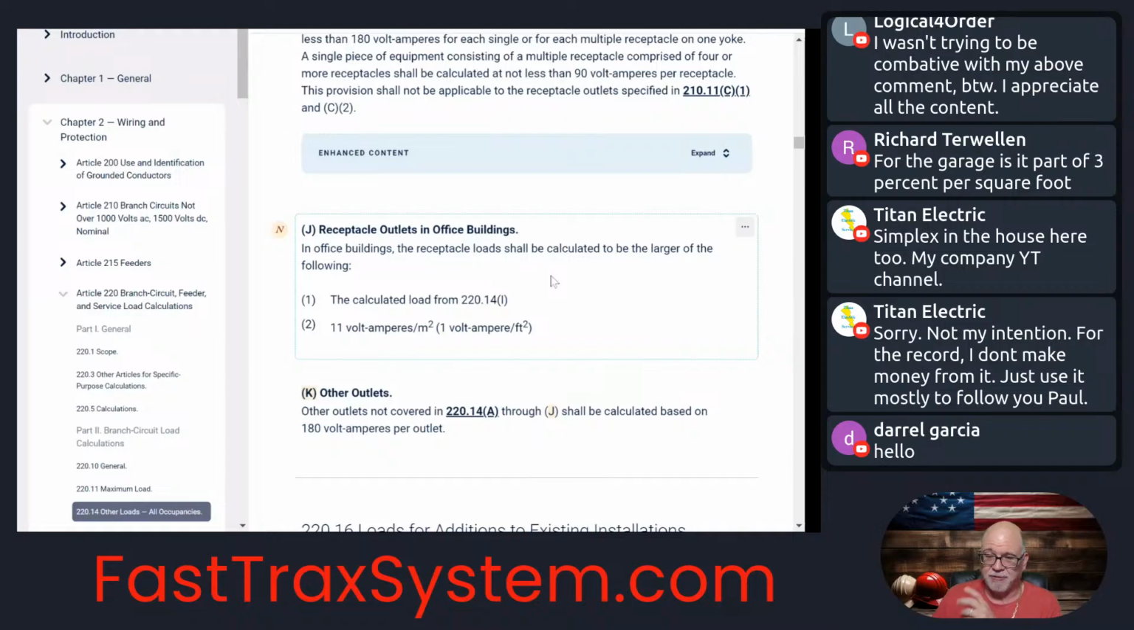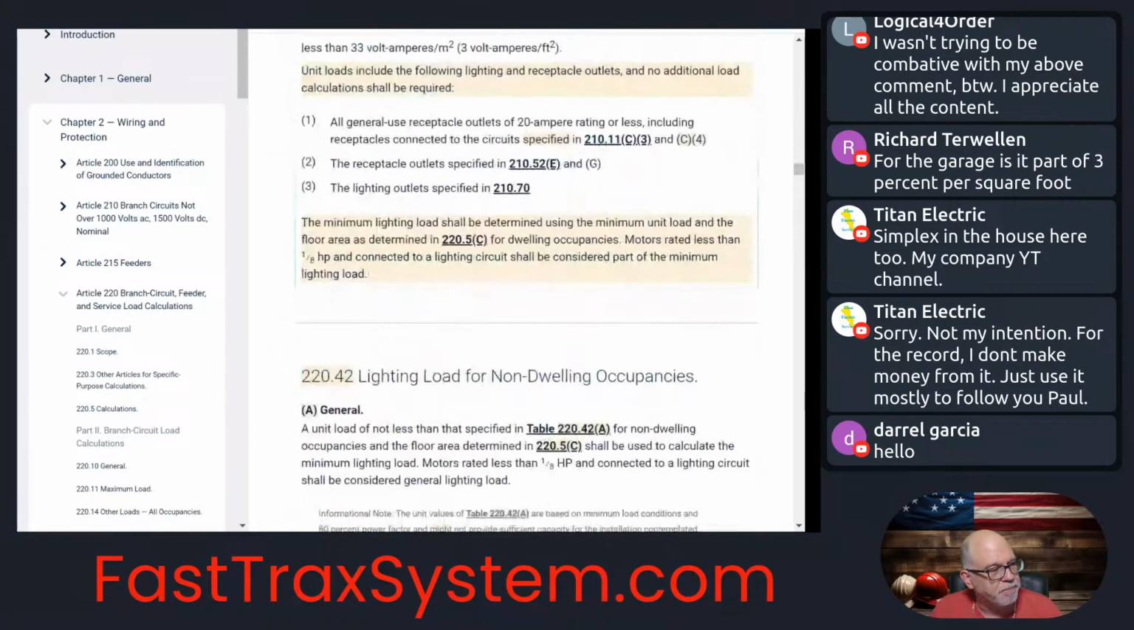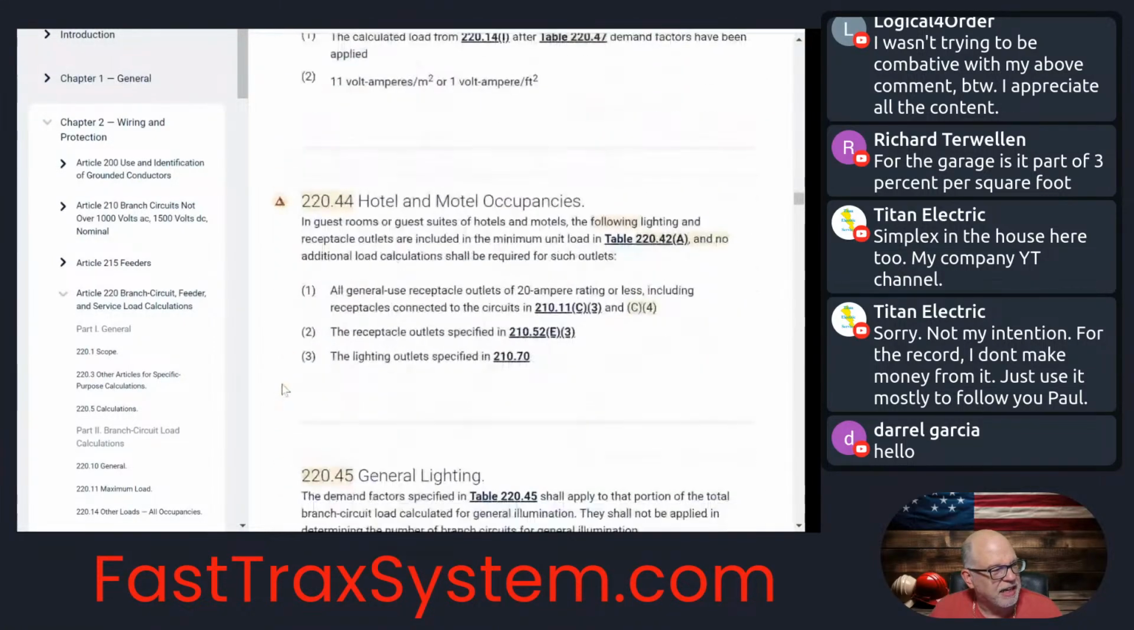This should be old hat for you folks. All right. So now, if we're looking here, what has changed? Where do we get the 3 VA per square foot now in the 2023 edition? Well, we've got to scroll down a little bit. And we're going to go down here, and we're going to get to,